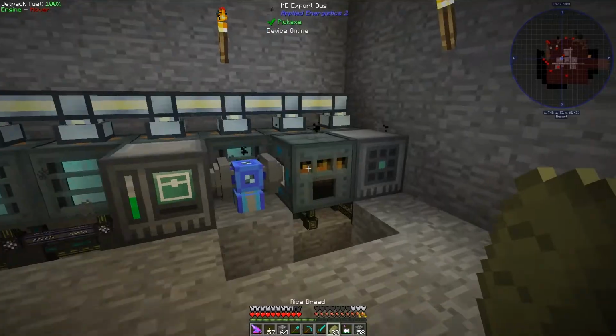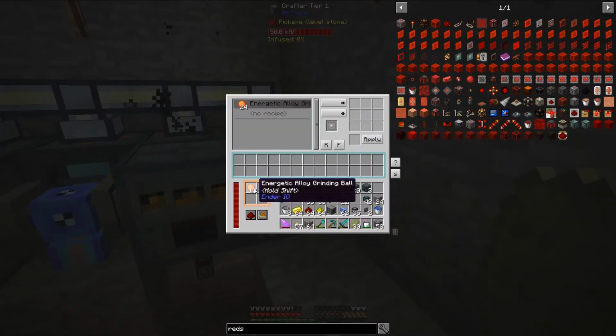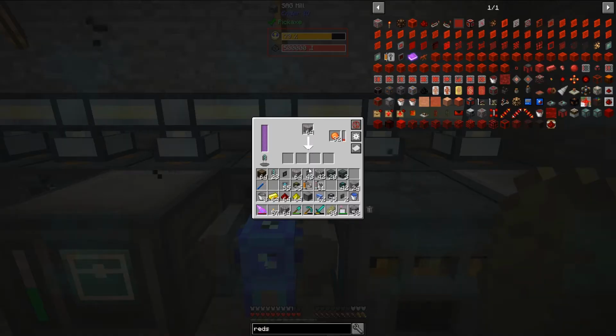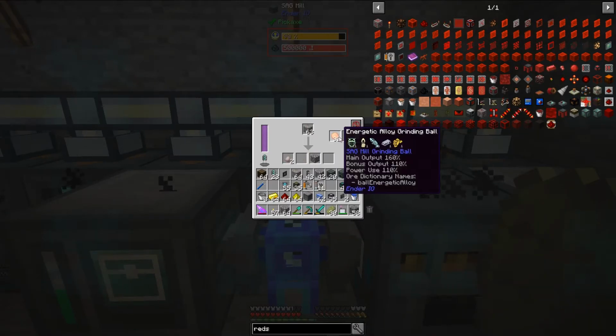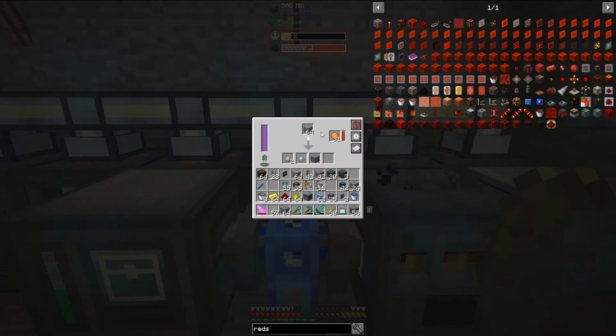Okay, so it looks like everything's working pretty well. I got the energetic alloy cooking up. I have the grinding balls going to where they need to go. It looks like shortly all of the sag mills will have grinding balls. These grinding balls do last a little while. I'm not sure exactly how many grinds they can do before they